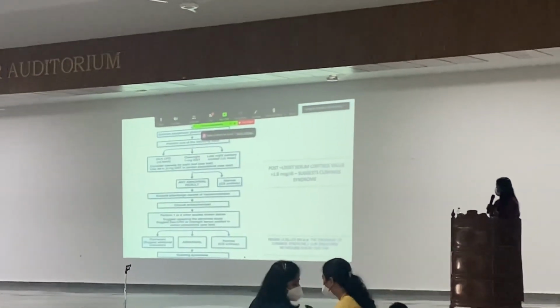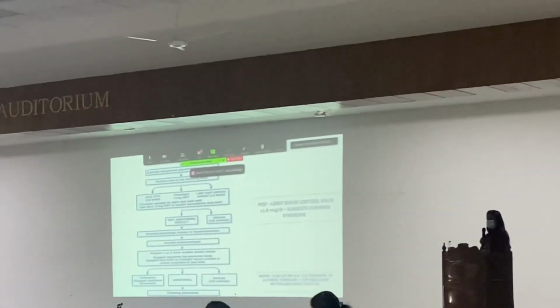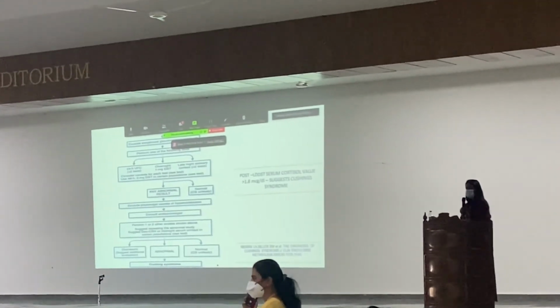So this is another flow chart on how to evaluate a case of Cushing syndrome. Once you clinically suspect someone is having Cushing